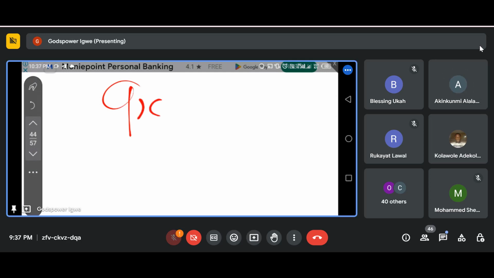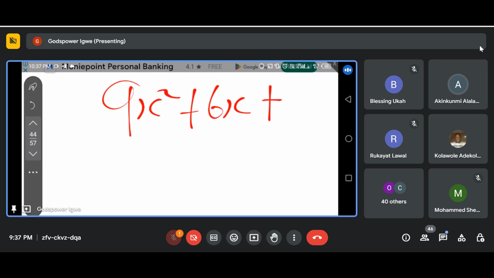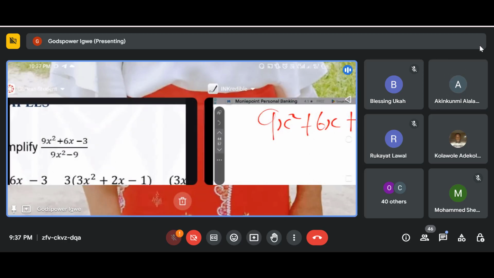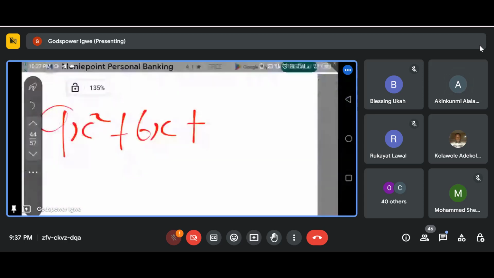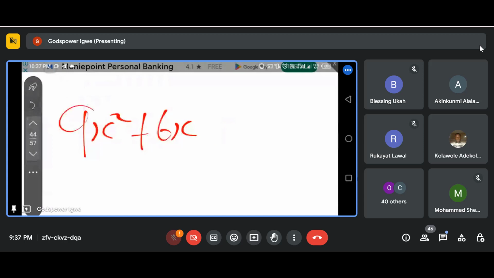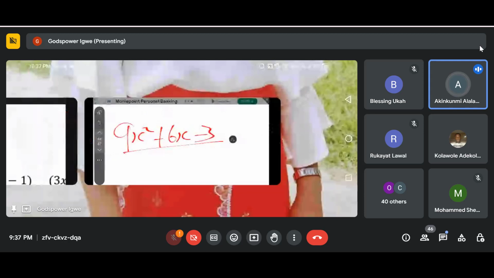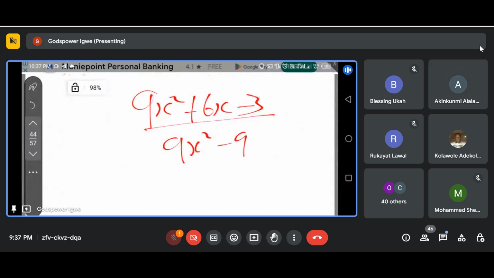9x squared plus 6x minus 3, divided by 9x squared minus 9. Okay, that is it. So if you want to simplify this now, you check for a number that can go into